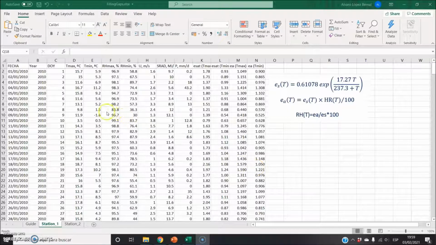The variables that we have in this Excel are the date, the year, the day of the year, maximum and minimum temperatures, maximum and minimum relative humidities, wind speed, solar radiation, rainfall, saturated vapor pressure at the time of the maximum temperature, saturated vapor pressure at the time of minimum temperature, and actual vapor pressures at the times of the